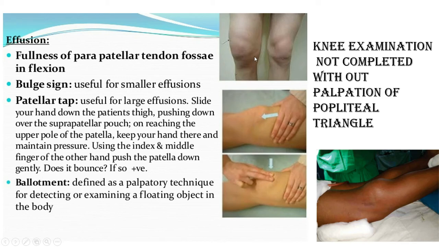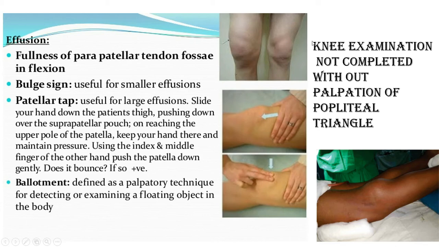And if there is a huge knee effusion, then you cannot see the gutter. We will see fullness over the suprapatellar area. Now how do you approach it? If you see this, you take the history. If it is traumatic, then you think that it is blood, so it is called hemarthrosis. If it is due to old osteoarthritis along with some repeated strain or a history of fever, then you have to think about infection or an acute exacerbation of osteoarthritis.